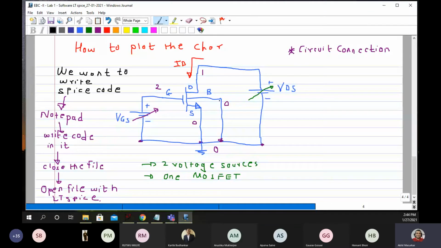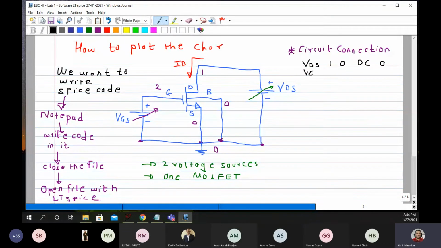So first I am going to write the circuit connection. You can see VDS is connected between 1 and 0. So I will simply write VDS 1 0, and its value is DC, whatever its value is, with respect to 0.